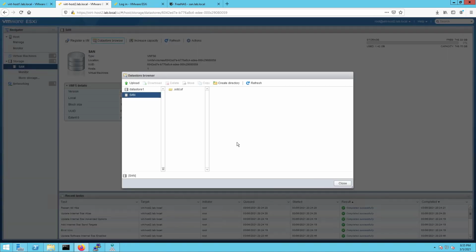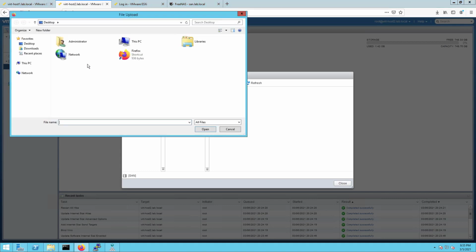Now I'm going to upload a file. I'm going to upload the Linux operating system. I'm going to click on upload to SAN. I'm going to go to this PC, documents, and in this case here, it is